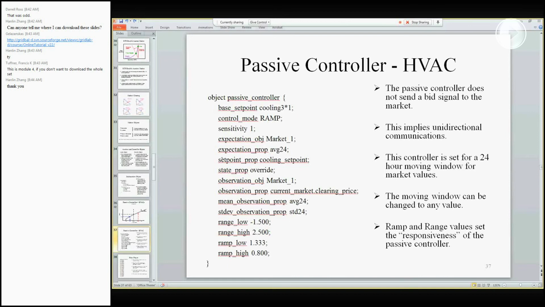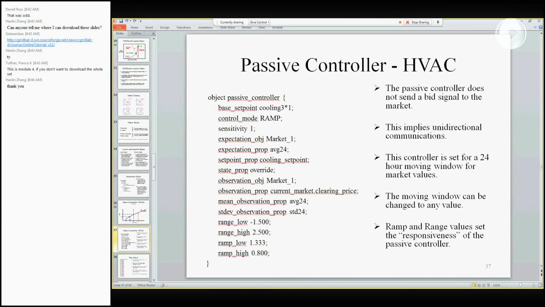Then we need to tell it which properties we're trying to control. In this case, we're going to control the cooling set point. We also need to tell it how we're going to control the current state of the device. So in this case, what we're doing is we're using what's called override control. So this will allow it to, when it adjusts the cooling set point,